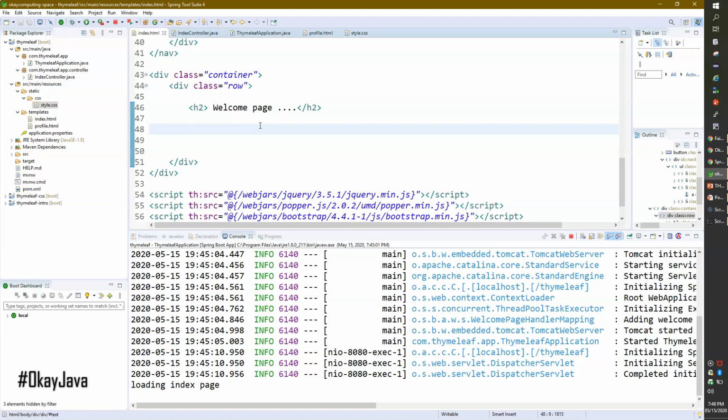Let me create a paragraph tag in HTML, and I'm passing th:text equals, where I want paramString to be displayed. The syntax is a dollar sign to evaluate the expression, and then inside the brackets you pass the variable name that you are expecting from your code, and I'll write here a string value.